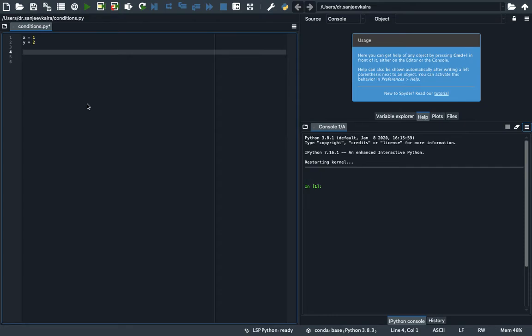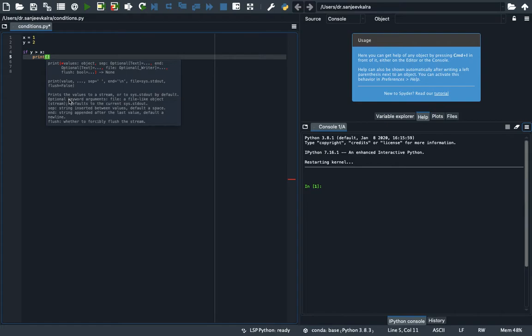So if y greater than sign x, so in this line we define if y is greater than x, then what should happen. So if that's the case, we should print that y is greater than x.